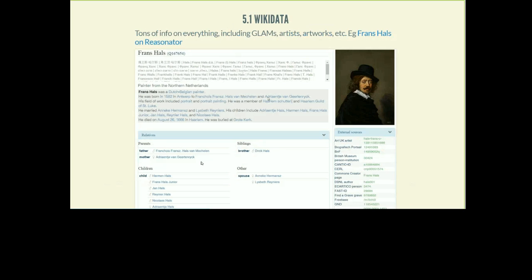Then there is factual information, like his family network, mother, father, children, and so on. And later in this page, you see paintings by that person that are also registered on Wikidata, maybe who he influenced or who he was influenced by. But there's also some generation of natural language from the facts. Here you see labels, names of this person in a gazillion languages. I will again have something more to say about name data sources.